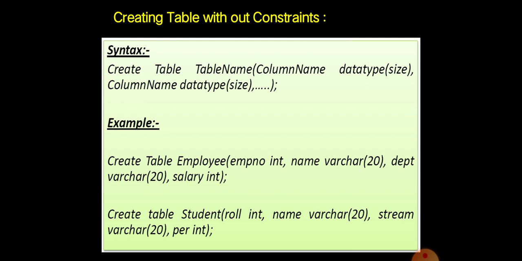Again the department column, then salary. So how many columns are there in the employee table? EMP NO, name, department and salary. Total 4 columns. So while we are entering the table creation, we need to enter the arguments like table name, column name, data type, size, and the next one is constraint. We can also give constraints with the tables.